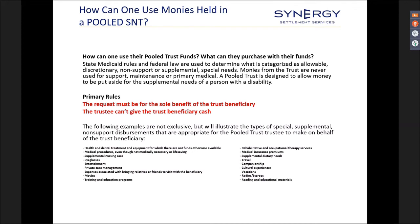In terms of how monies can be used inside of a special needs trust, it really is anything that improves the quality of life for that beneficiary. But it has to be for their own sole benefit, and the trust is never going to be able to just distribute cash outright to the injury victim. But there's many things that the trust can pay for. It can pay for medical treatments that aren't already covered, experimental procedures, supplemental nursing care or attendant care, eyeglasses, dental,